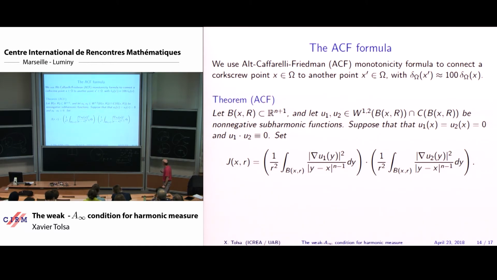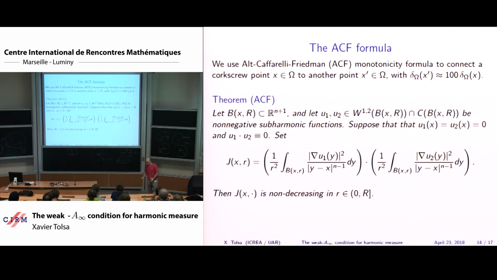And they vanish in the center of the ball. And this assumption means, roughly speaking, that they have disjoint supports, or the product of them is identically equal to 0. So then we consider this number G(x,R) that involves the gradient of u1 and the gradient of u2, and you have to think that this is a scaling invariant quantity, in fact. Well, this theorem of Alt-Caffarelli-Friedman asserts that this function is non-decreasing in R, which is some kind of strange,